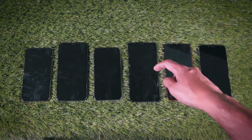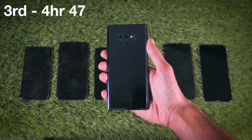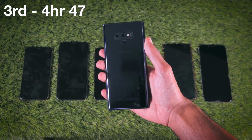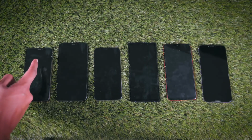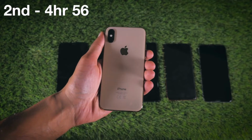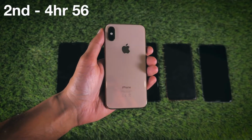The Galaxy Note 9 was next, lasting a whole 3 minutes longer than that phone, which on one hand is good, but on the other hand isn't great, because its battery capacity is about 20% larger than the OnePlus, and even more so compared to the iPhone XS. Speaking of which, that phone managed to last 10 minutes longer than the Note 9, which, credit where due, is really impressive. Admittedly, it started to fall quite quickly